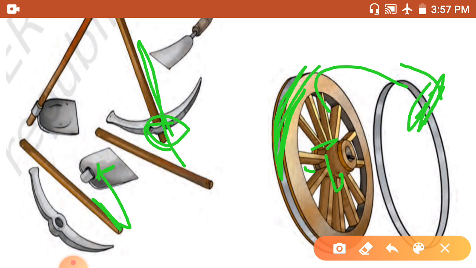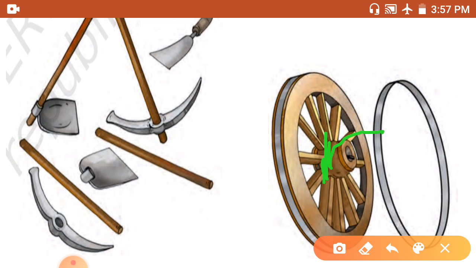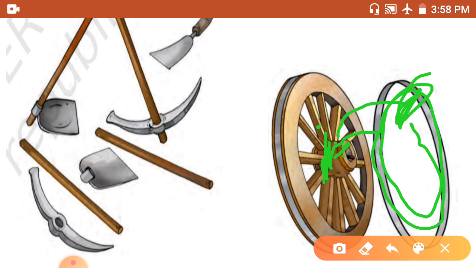These wooden wheels are fixed with an iron rim to make them last longer. The iron rim is made slightly smaller. This is the iron rim, and it is made slightly smaller than the wooden wheel's diameter.